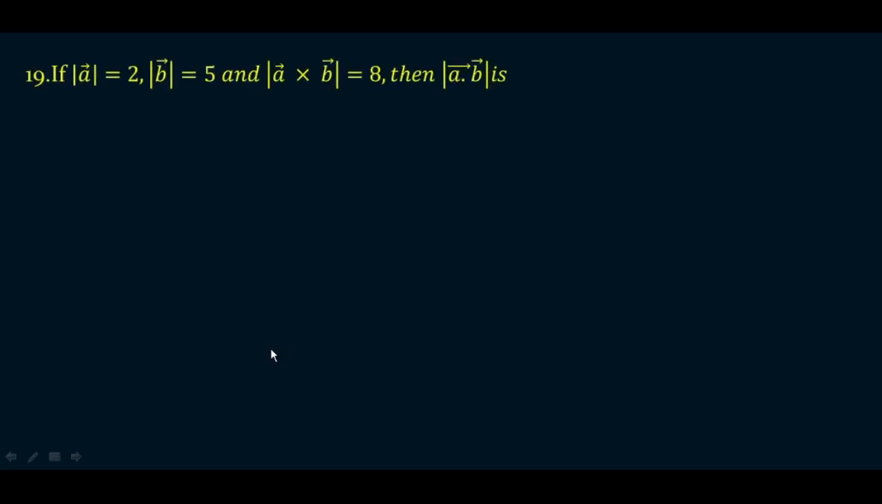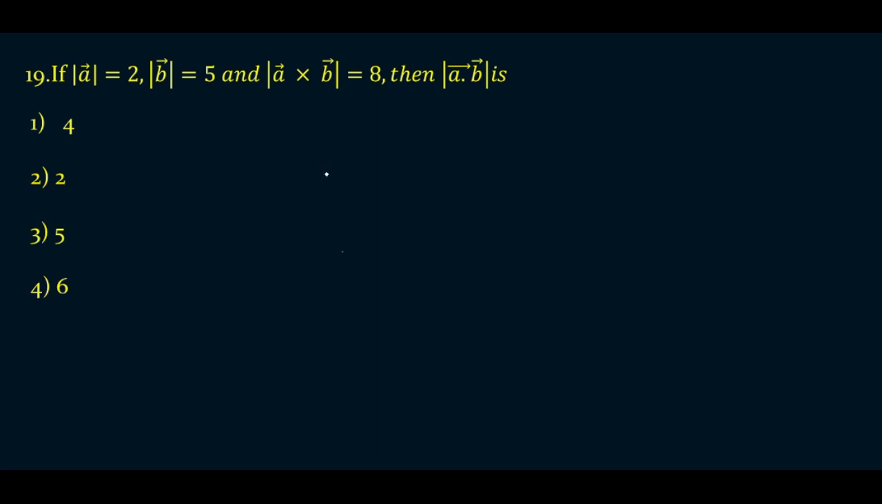question number 19. If magnitude of vector a is equal to 2, magnitude of vector b is equal to 5 and magnitude of vector a cross b is equal to 8 units, then magnitude of vector a dot b is, the options are first option 4, second option 2, third option 5 and fourth option 6. Here also